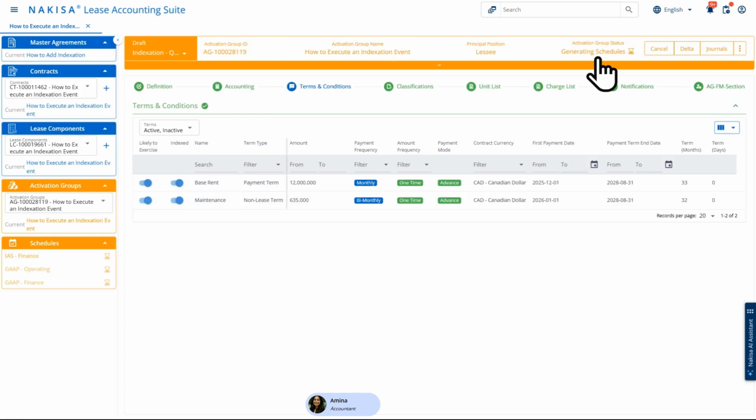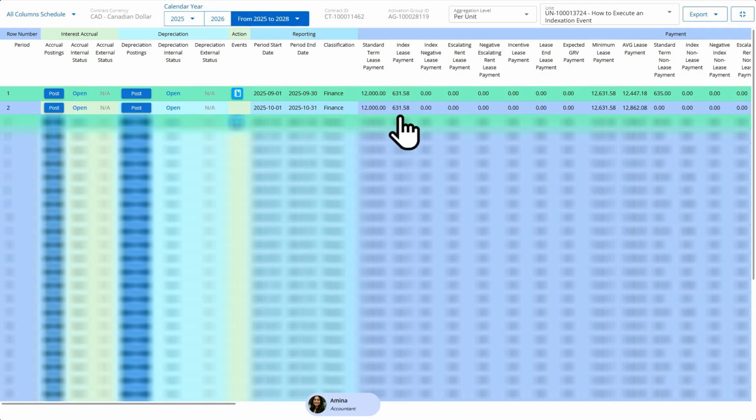I'm happy with these inputs, so I generate the financial schedules. Let's see how these increases impact the payment amounts. At inception, with a base of 95 and a reference of 100, the system applied a 5.26% adjustment, totaling $631.58. Our event is recognized in period 3, aligned with the November 14th modification date, as shown by the document